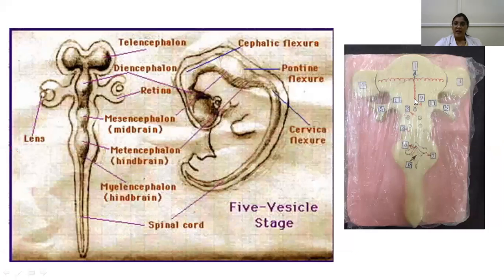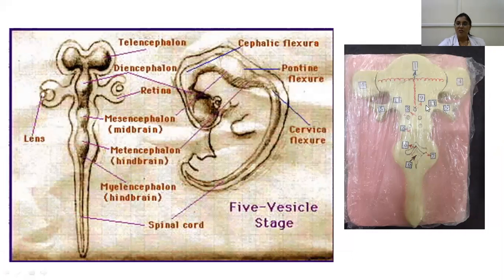Derivatives. And here you can see this is showing again the developing neural tube. And you can see these outpocketings here. So what are these? This is initially the prosencephalon. The prosencephalon becomes what? The telencephalon and diencephalon. So it gives rise to the buds, the telencephalic buds. These later grow and form your cerebral hemispheres. And this part here becomes your diencephalon.